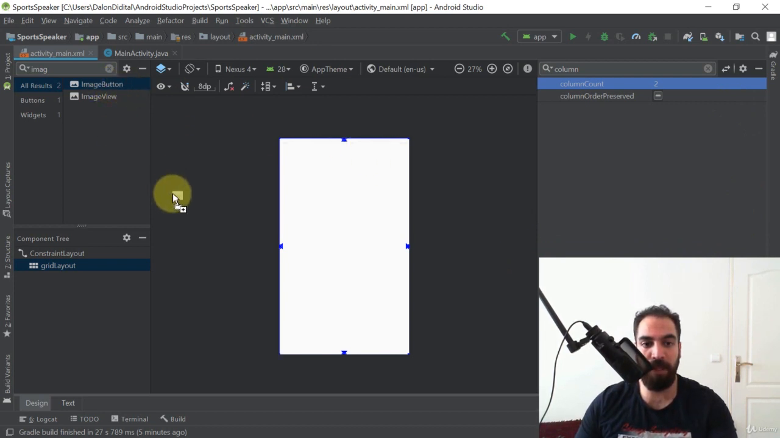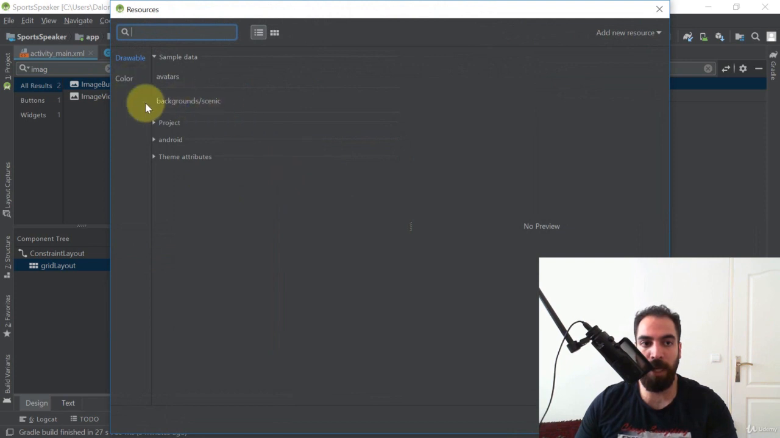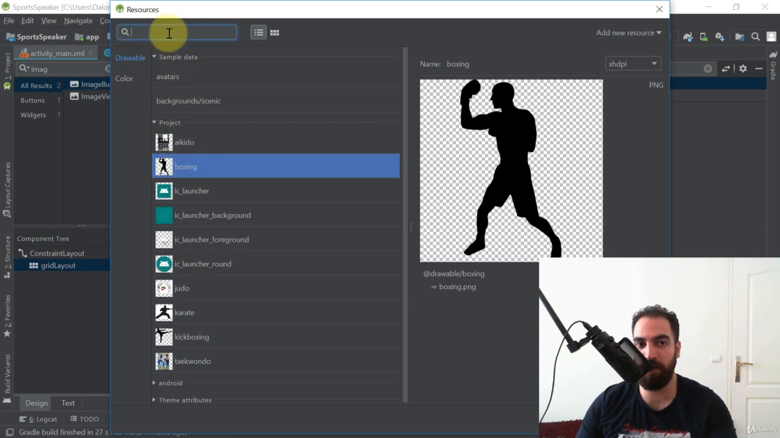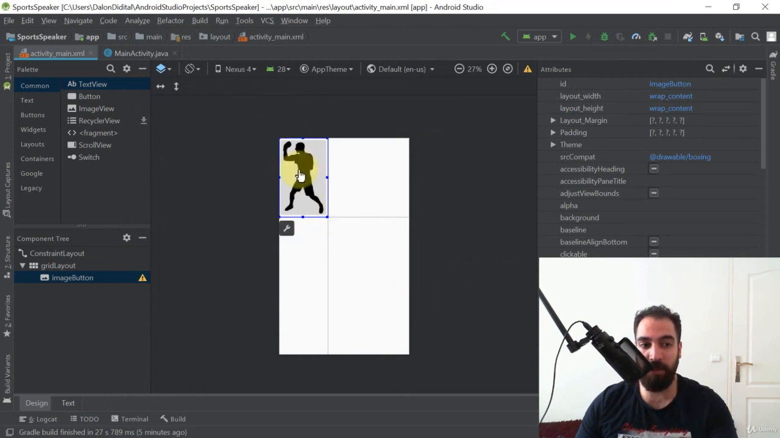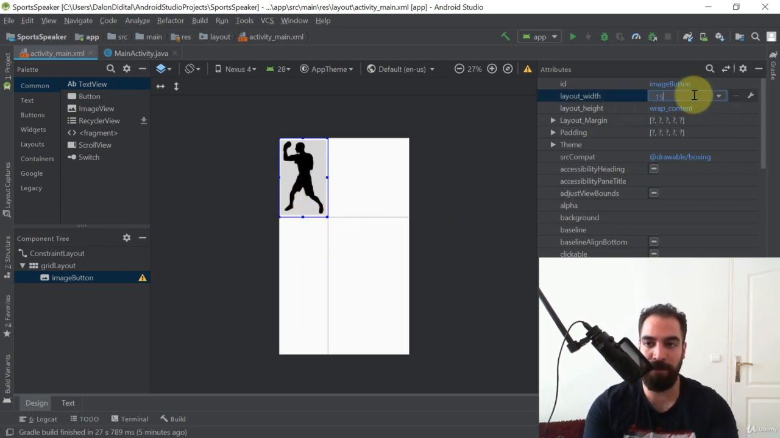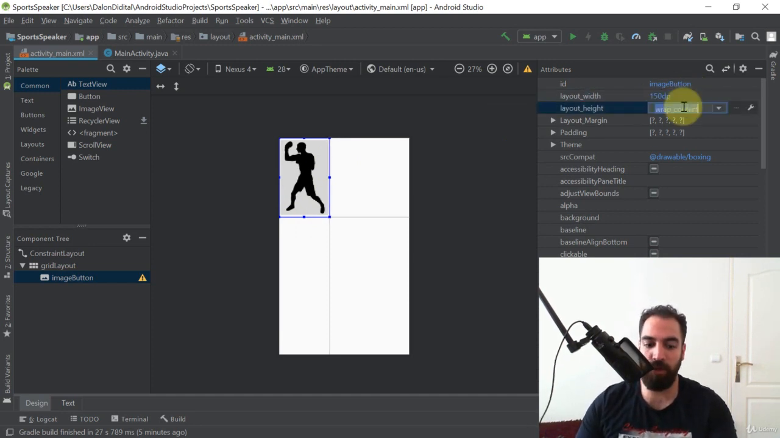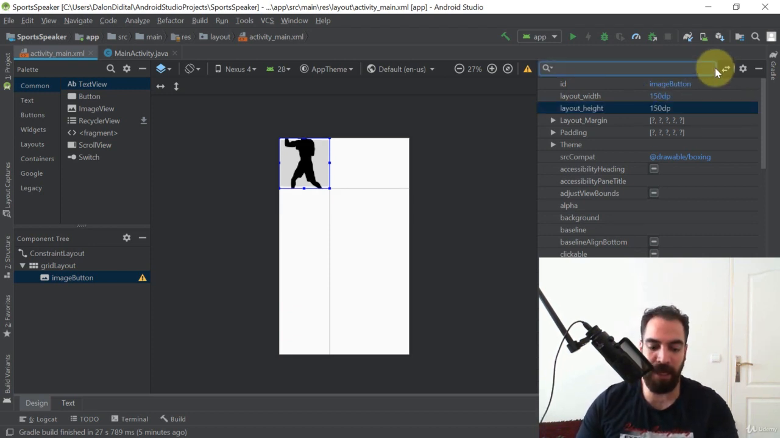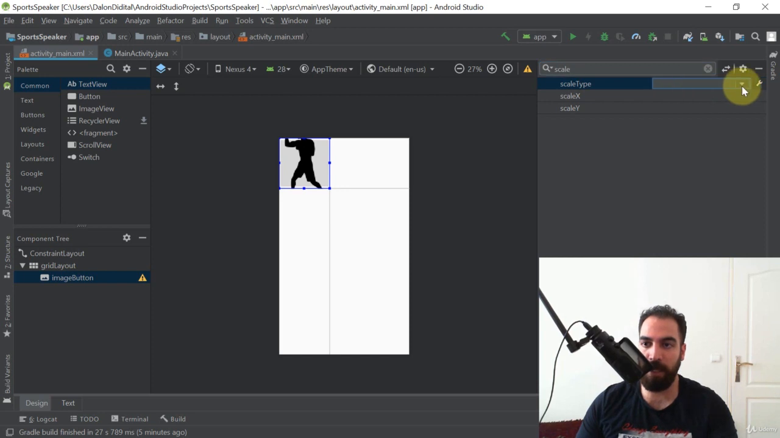Now let's add the image button into our grid layout. So here, let's open the project here and let's search for boxing. Select this boxing. You can also search for boxing inside this search area and click on OK. So this image button is added to our grid layout. Now let's go ahead and let's change some of the attributes of this image button. So the layout width should be 150 dp, and the layout height should be again 150 dp. Okay, now let's set the scale type of this image button to be fit center. So the image is going to be fit center